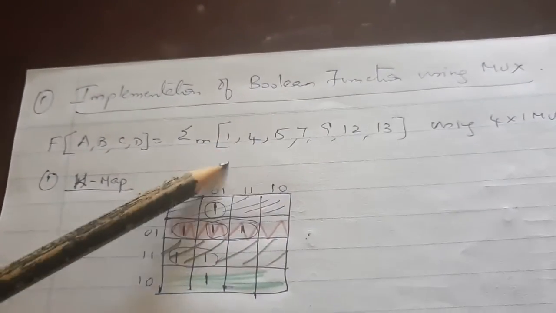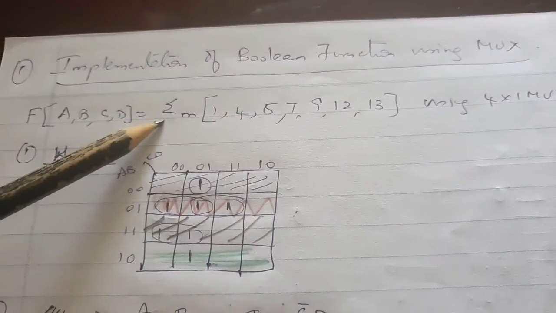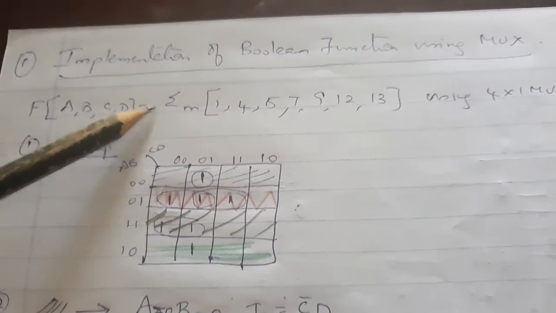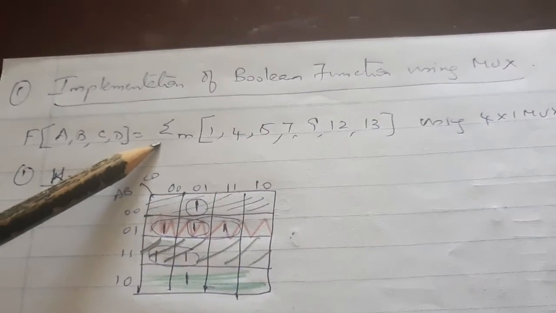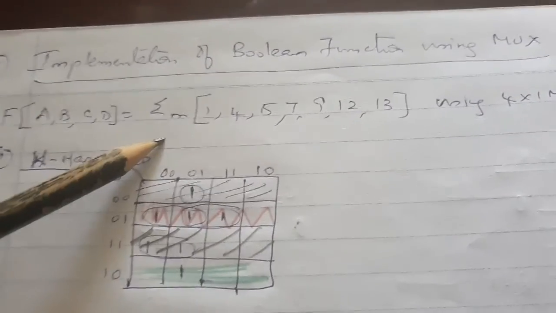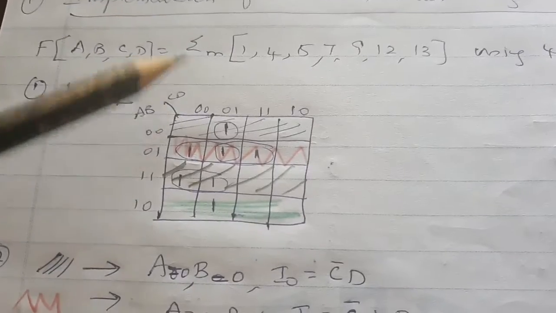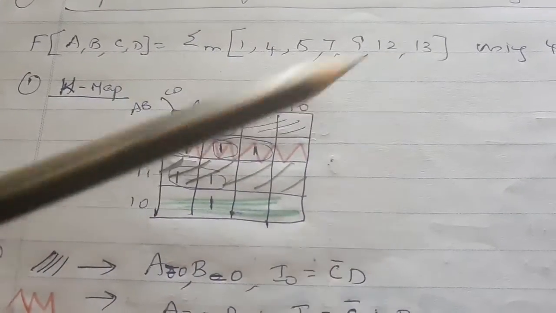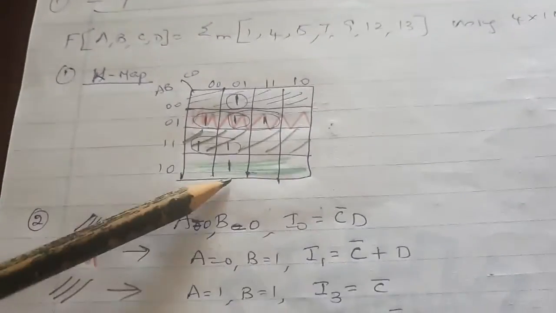Now we will go for the implementation of a mux using Boolean function. I have taken a Boolean function. This is represented by K-map, which is nothing but a representation of SOP method as we have done it in Unit 1. So watch my videos on Unit 1 with SOP, K-map. You can know what is minterm, max term. You will know how to represent the minterms in the K-map. So it is a 4 variable K-map, and I have represented the values.